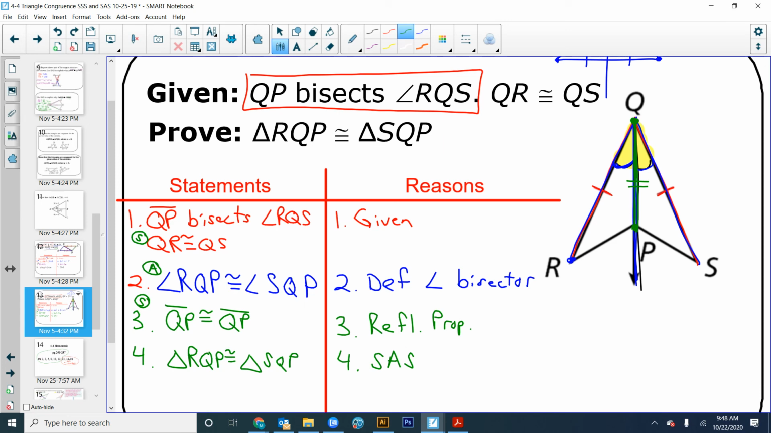Okay. Next thing you should look for, I told you about vertical angles when you have an hourglass, point-to-point triangles. Another thing you might see